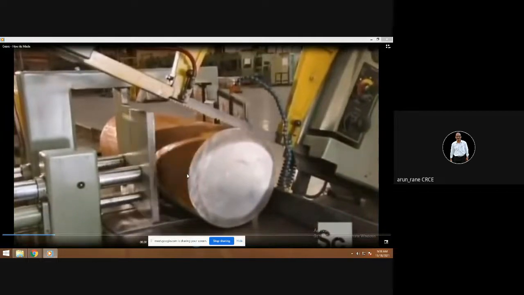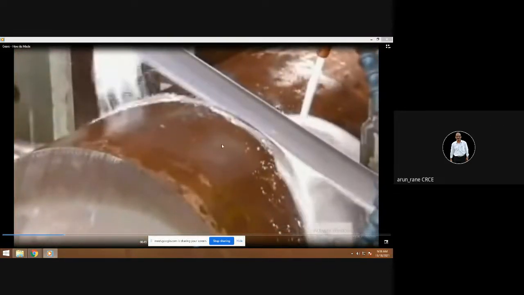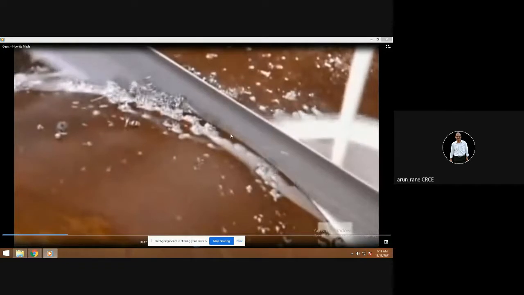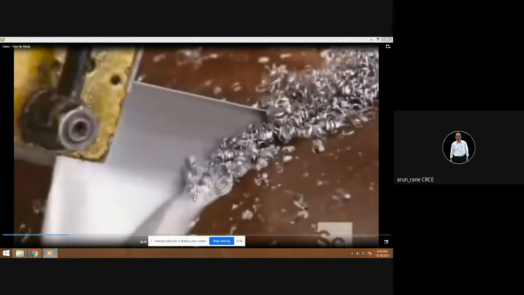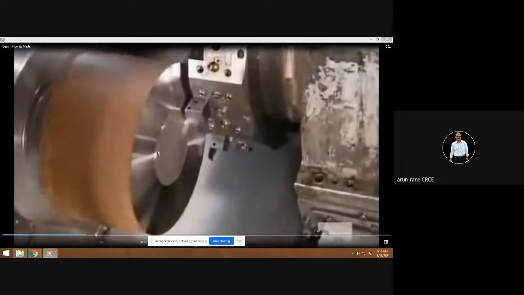The process consists of first you have to cut the blank. The machine which you can see, that is power hacksaw. Generally the bandsaws are used because with bandsaw the cutting rate is faster. The blade is moving continuously. Now this blank is mounted on a lathe machine for turning. This operation is called as the facing operation.